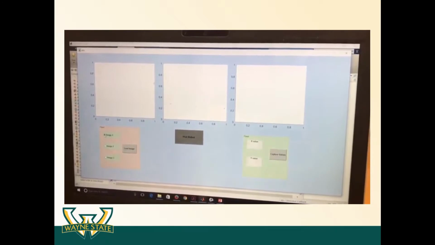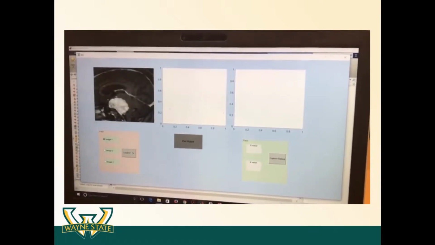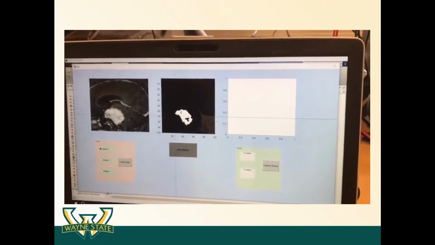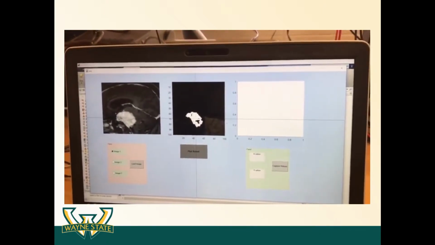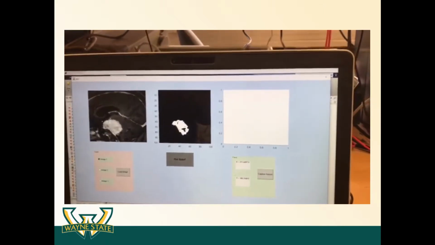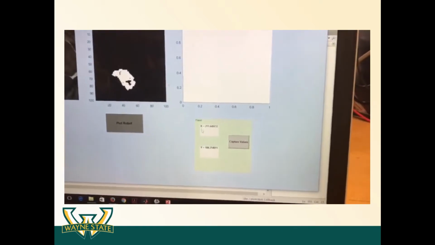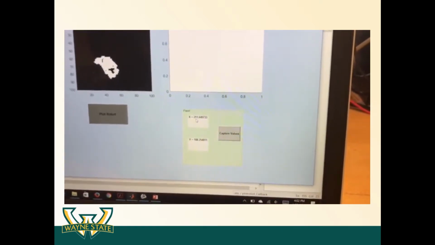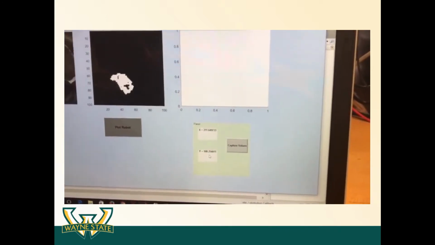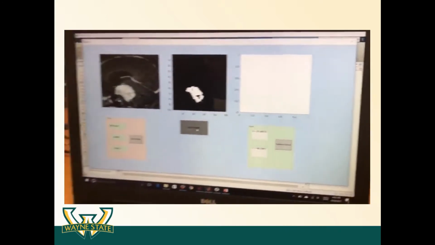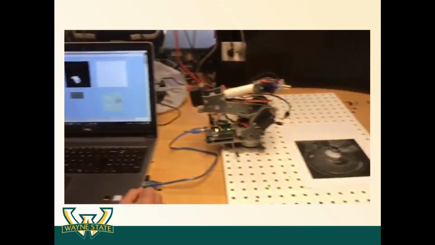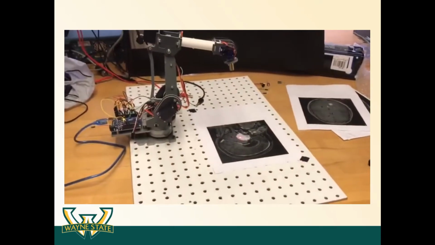Now I am selecting the first image, which is a sagittal image. As the image is getting loaded, I am selecting a tumor part, and the extracted tumor part is displayed in the second axis. Now I am selecting the X and Y values and capturing them. You can see this is the approximate value of X, which is around 201, and the Y value is 188. After plotting, the robot is plotted in the third axis, and you can see our robot is targeting the tumor